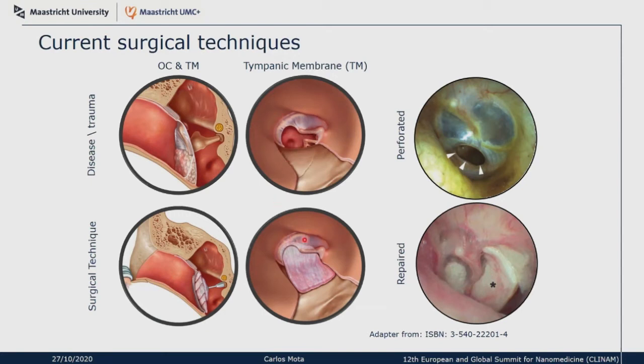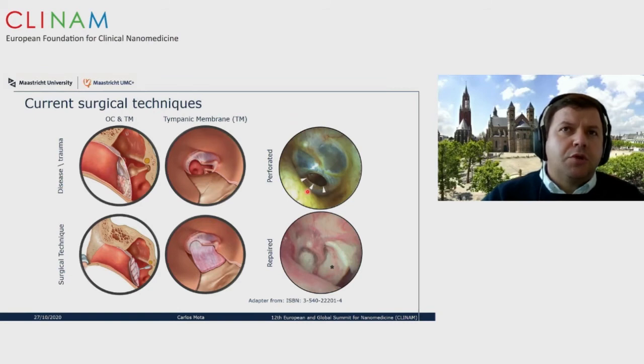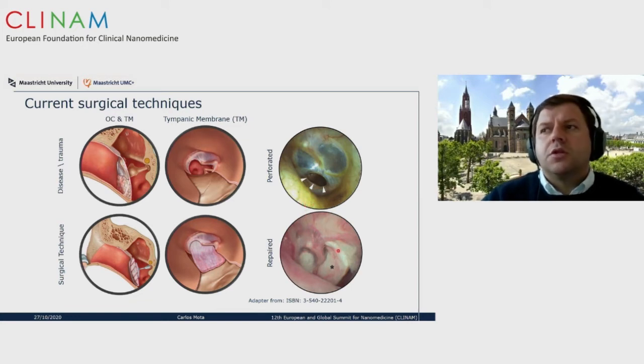As you can see in this example, this is a picture of using cartilage. But what normally happens, when you use cartilage or even temporalis fascia, is that there is a mechanical mismatch of the tissue, and there's also limited regeneration of the tympanic membrane. So you'll never hear with the same level of capacity as with a healthy native tympanic membrane. In the case where cartilage was used, there's also limited remodeling of the tissue implanted on site.